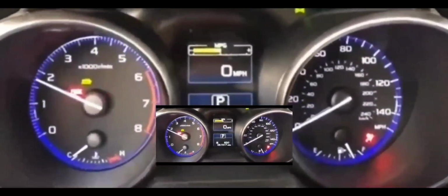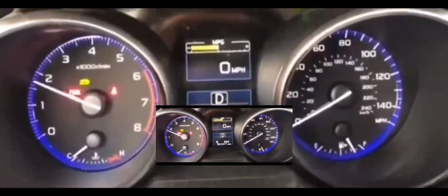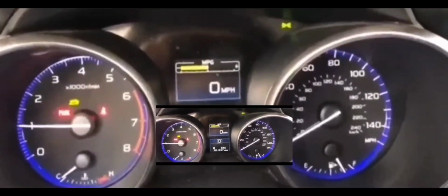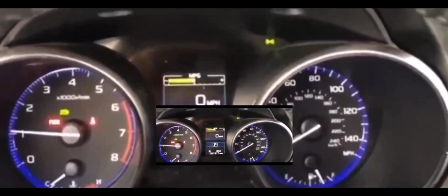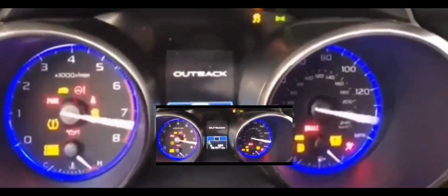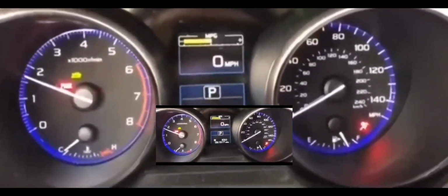Normally what happens in this case is you turn it on, and the cluster on your dash essentially tests each light. That's why all the lights are on, but then they go off after your car starts, because that test is over. However, those lights are not supposed to continue to be on. So basically, if you guys have this situation,